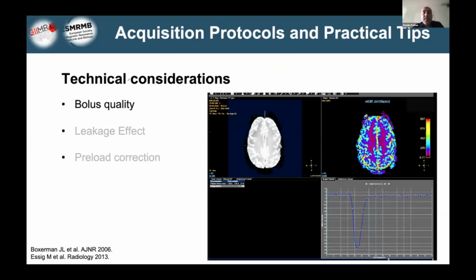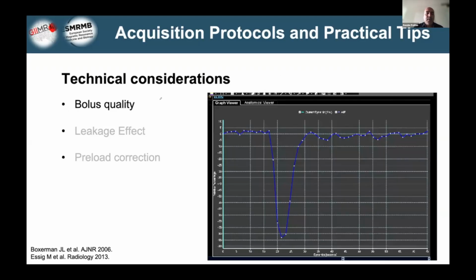Here with an example, a good contrast bolus has a clear and characteristic shape. It starts with a stable baseline before the contrast arrival. Then we see a rapid arrival with a steep drop in signal. The signal reaches a well-defined minimum during the first pass, and the peak should be narrow, reflecting a compact bolus. And finally, there is a smooth and progressive signal recovery without